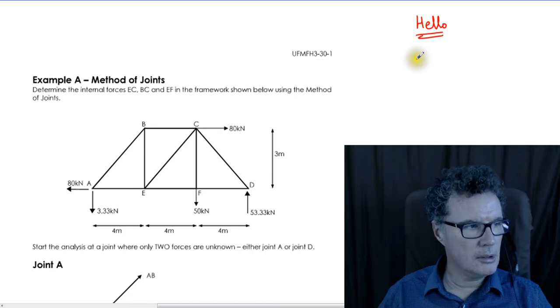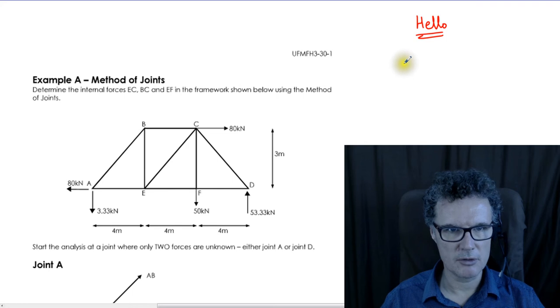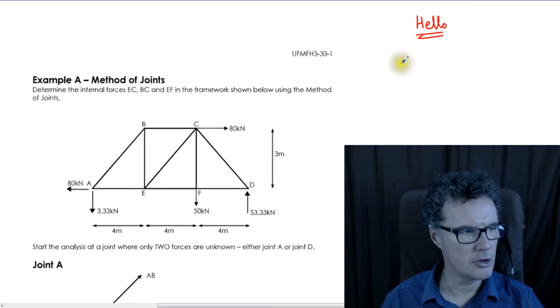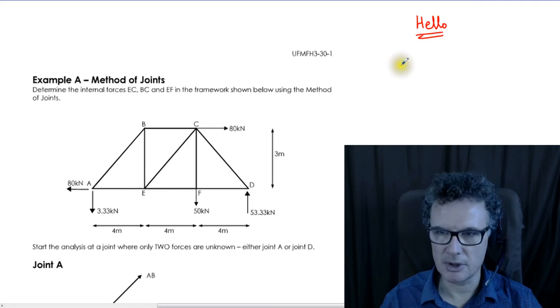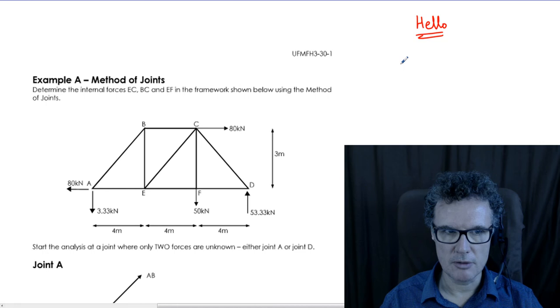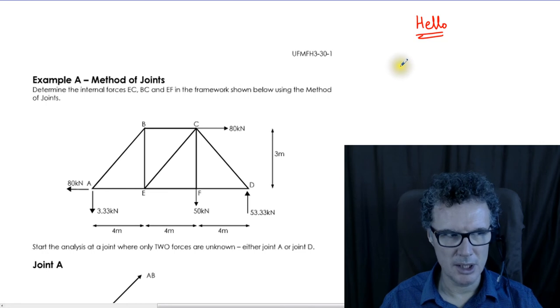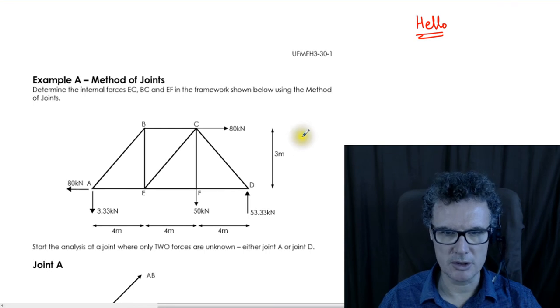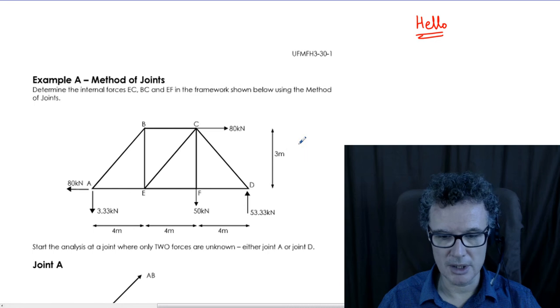Hello, I'm going to backdate a couple of videos because I haven't gone through examples A and B for the method of joints. So I'll put this in the week 3 folder and make an announcement that it's there. In the first video I will be using the notes and making notes on top of the notes, so we're basically talking through this in a bit more detail. And in the second video I will take example B and do that